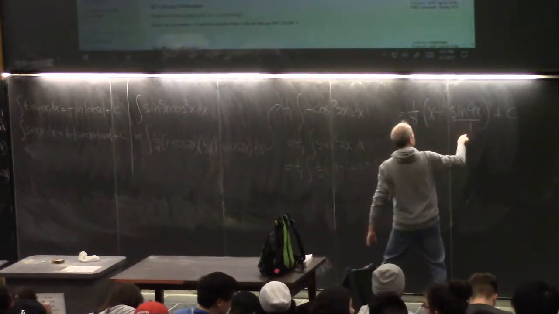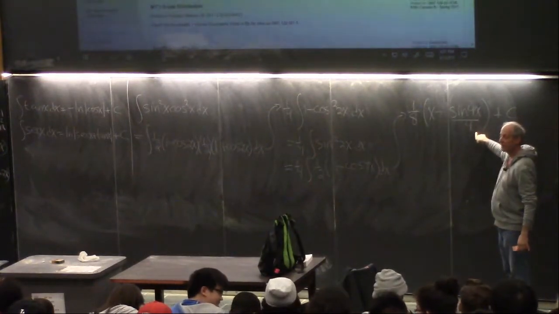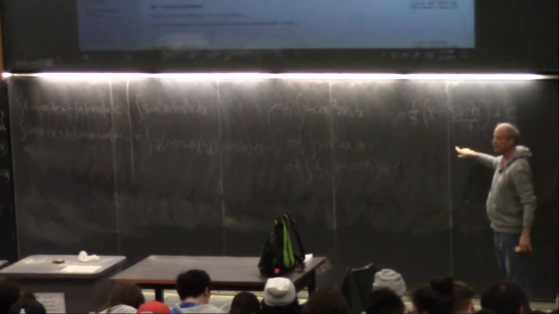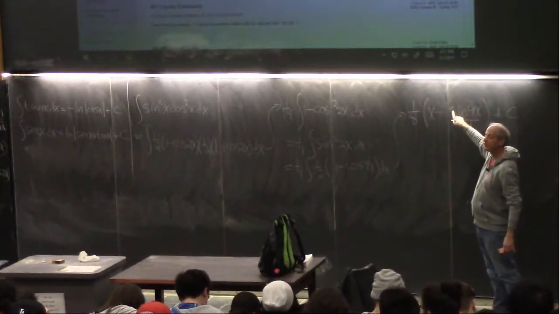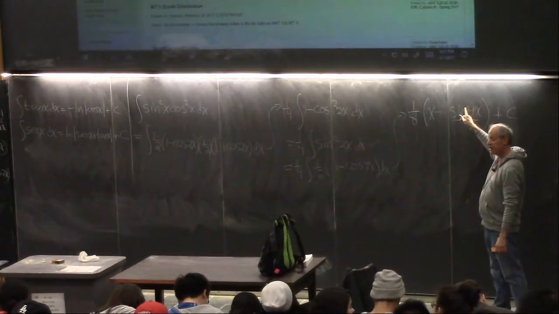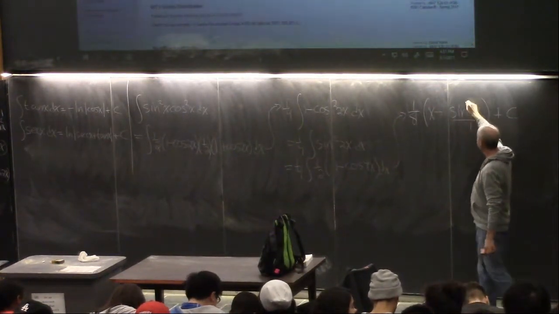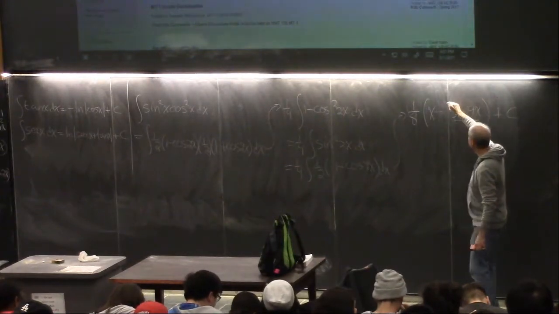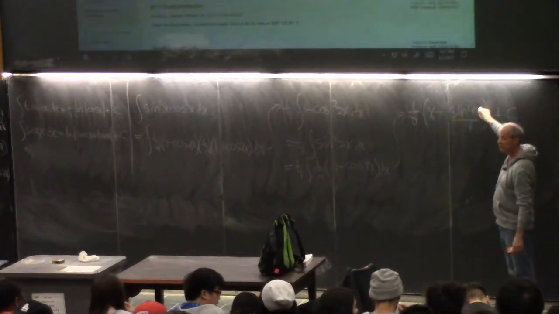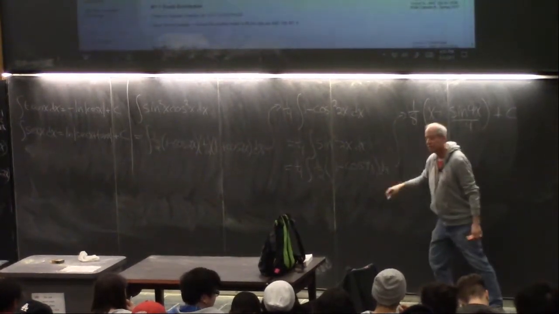You mean why I get here? No, because you're going to divide by the derivative. Okay. You divide by the derivative. If you took the derivative of sine of 4x, you would get cosine of 4x times 4. So if you do the antiderivative, you get minus cosine of 4x divided by 4. The reason is when you do the derivative of this, you're going to get a 4 from the chain rule. That cancels the 4. It gets you to here. Okay?